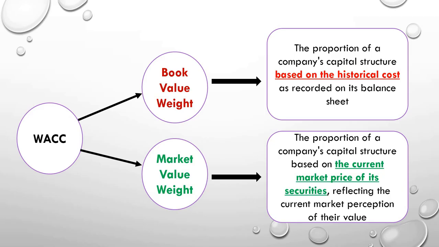So your historical weights will be equal, 50% from debt and 50% from equity. But if we are going to calculate the market value weights, we cannot say the proportion of our capital structure is 50% each. We have to see at what market price it is prevailing in the market, that means at what price my debentures are selling in the market, or at what price my equity shares are being sold. On the basis of that, I am going to calculate the proportion of the market value weights.